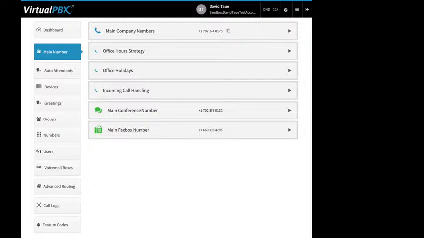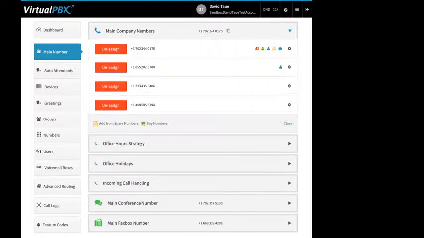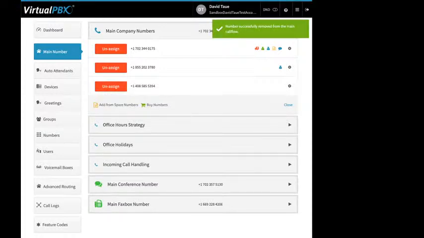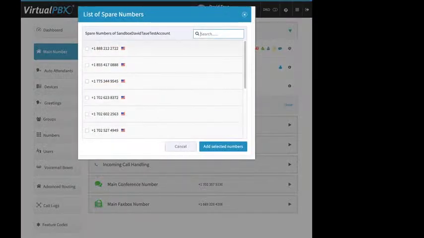All right, so up here at the top, you've got your main company numbers. It shows all your main numbers. If you decide you don't want to use one of these numbers anymore as a main number, you can click Unassign, so that removes it as an assigned number. Right now, it becomes a spare number. Any place you can assign a phone number to, you have the option to add from your spare number list,